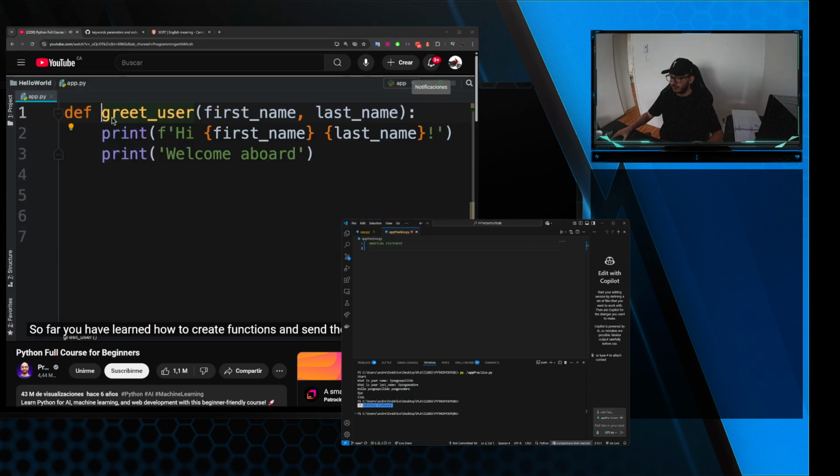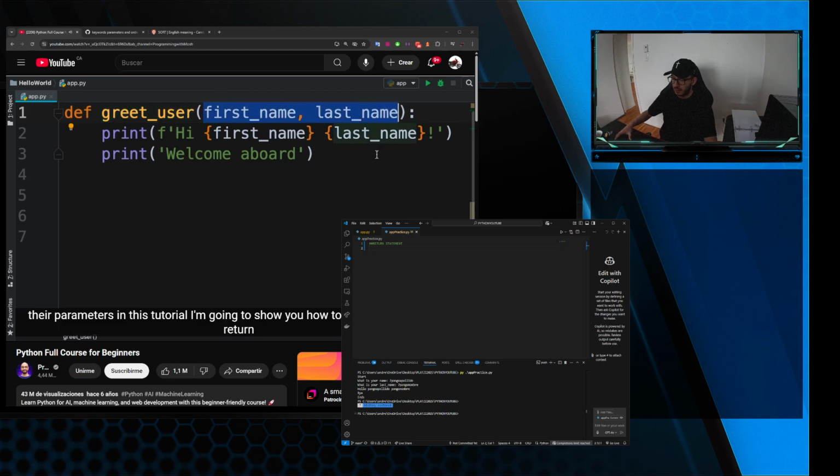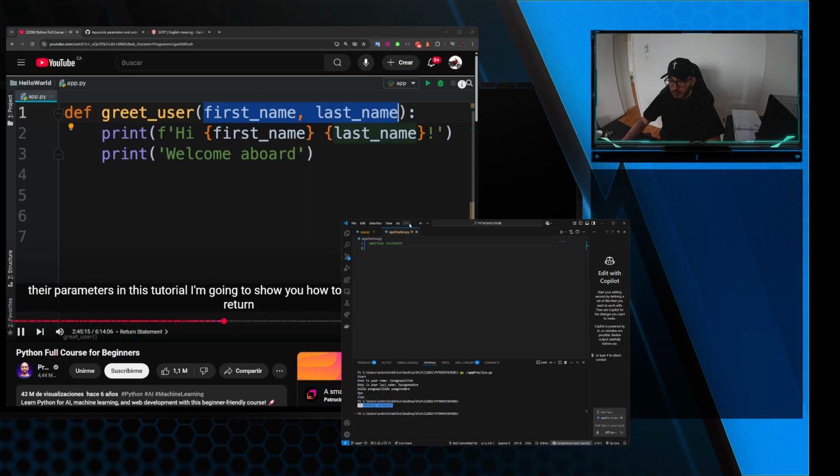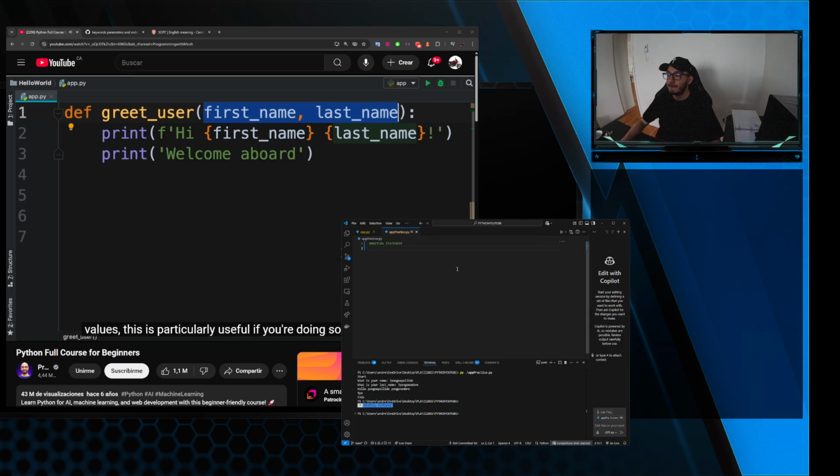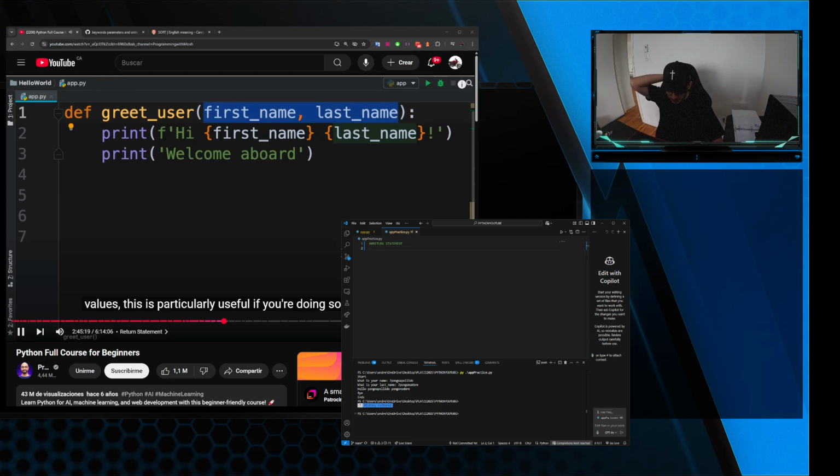So far, you have learned how to create functions and send them information using their parameters. In this tutorial, I'm going to show you how to create functions that return values. This is particularly useful if you're doing some kind of calculation in your function and you want to return the result to who. This is